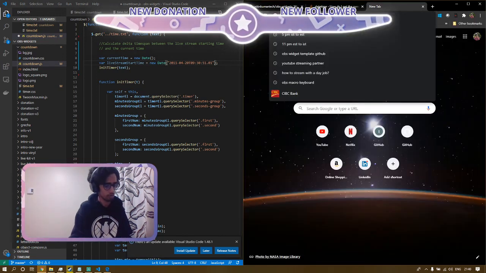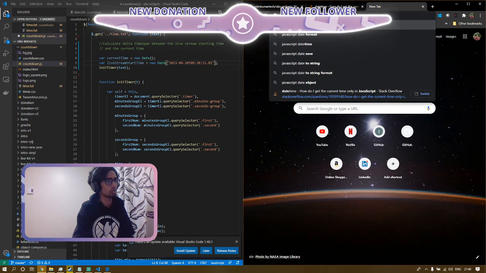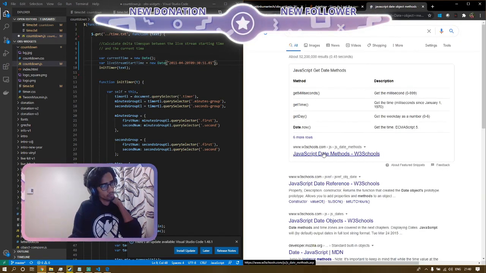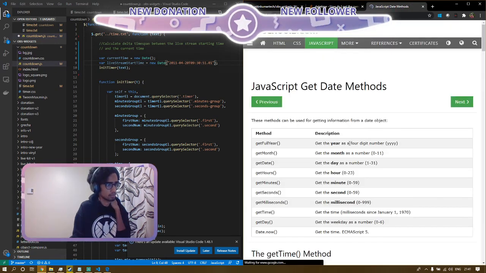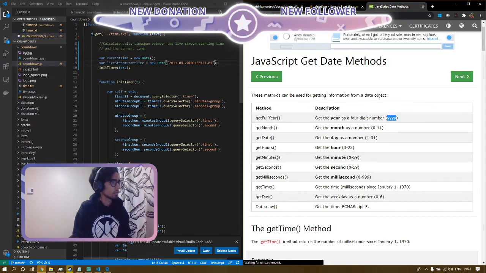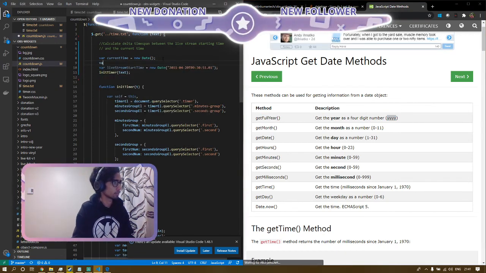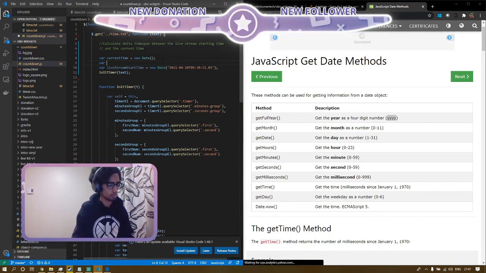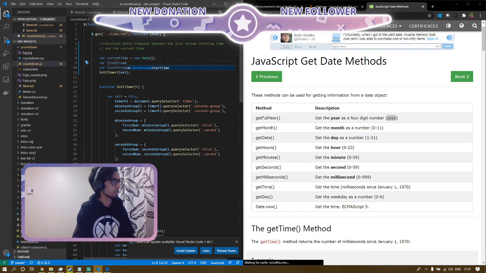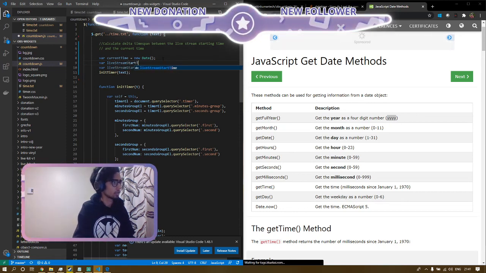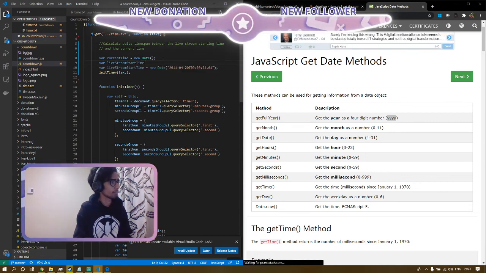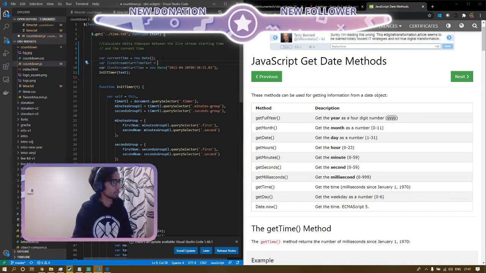Okay, let me go to the reference. JavaScript date object methods. Date methods. Yeah, this is what. Okay, get full year as 4 digit. This is what we want. So let's construct a string where live stream start time text equals to